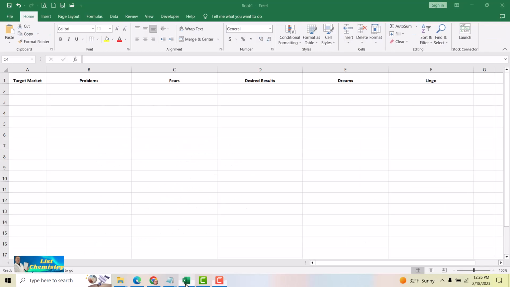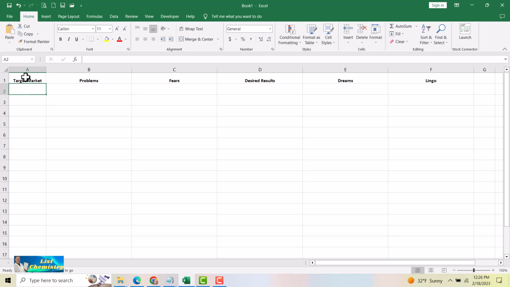And so we have a nice template here that I picked up from another company that I've trained with and used over the years, probably going back to one of the first products that I ever bought, and that company has evolved over the years. There's a great framework here that we can go through to build you a targeted group and then to figure out key points that you can use to either create your ad copy, create your products, create the thing that you want to solve for that person.